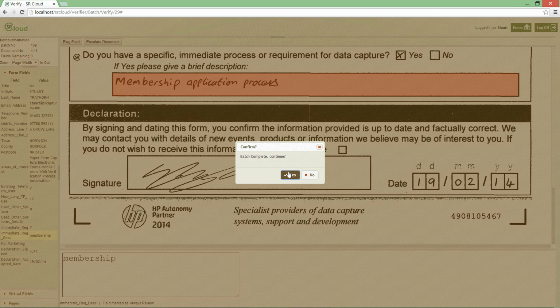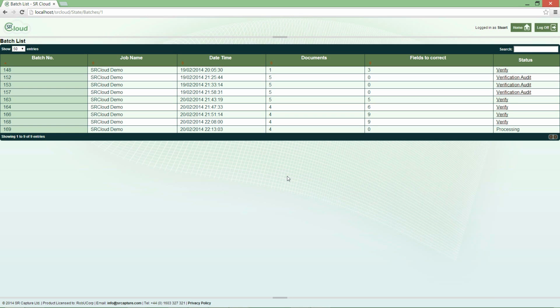So when we get to the end, the batch is complete. When we click yes, this time we now drop back to the batch list, and you'll see that this batch is now processing within the system. So we have another level of verification that we're able to implement in the SRCloud system, and this is the